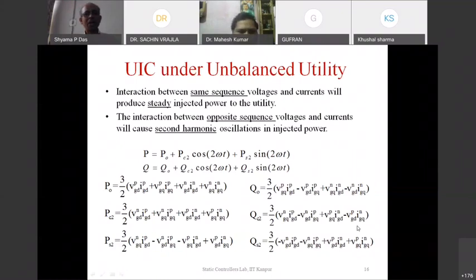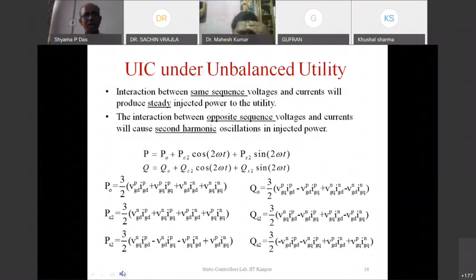So we have the expression which can be written down for the steady power. You can see that the steady power has got P with P and N with N only. Similarly, the steady reactive power, P with P and N with N, but Q with D. And the real power will have D with D and Q with Q.